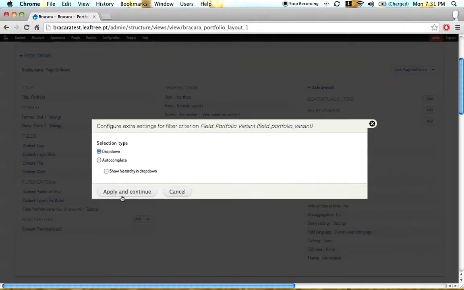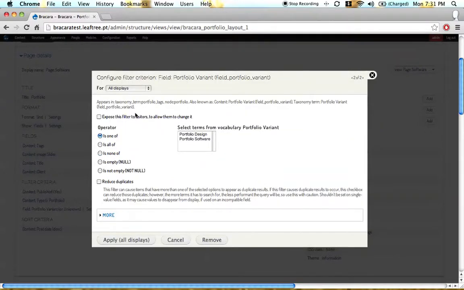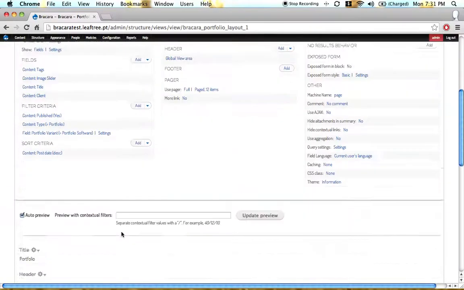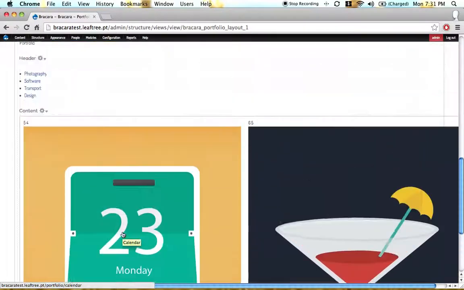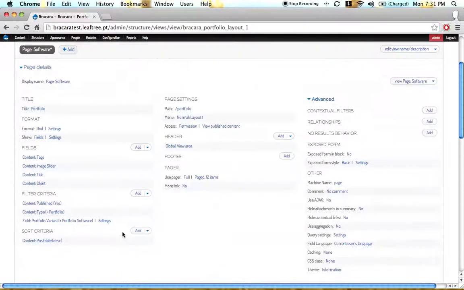Now let's choose the drop down to choose which portfolio you want. As you can see here, you have the terms at your right, and we're going to choose this portfolio to be the portfolio for the software. That's it. In here you already can see that we only have 2 works,